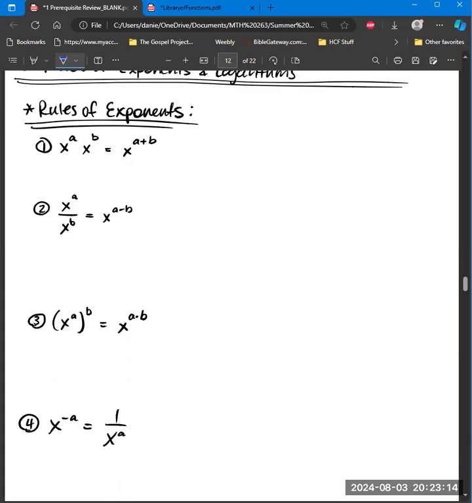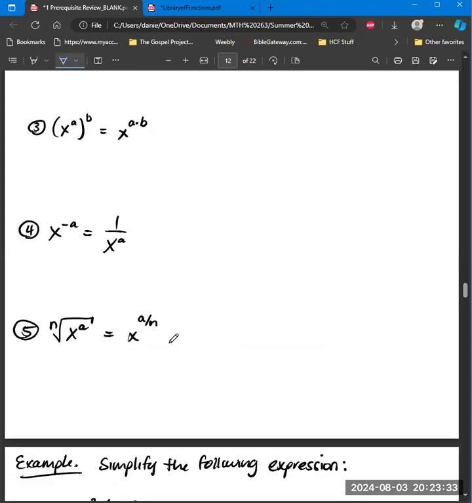So rules of exponents that you're going to want to remember here are that when I multiply like bases, I add the exponents. When I divide like bases, I subtract the exponents. When I raise a power to a power, I multiply the exponents. And when I have a negative exponent, I want to take that across the fraction bar to make it positive,